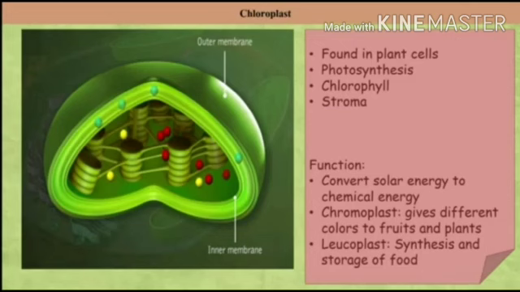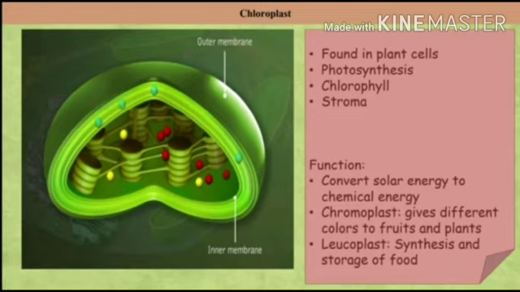Now the next type of cell organelle is chloroplast. Chloroplasts are important for the photosynthesis process that takes place in the leaves. Students, we know that chlorophyll in the chloroplast traps solar energy and converts it to chemical energy. Stroma in the chloroplast contains enzymes, DNA, ribosomes and carbohydrate that are necessary for photosynthesis.